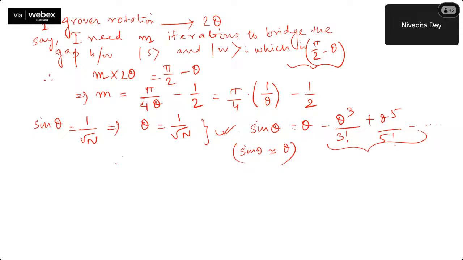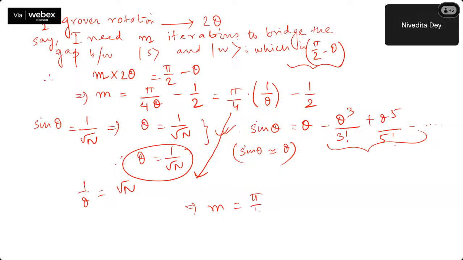So I can say directly that theta equals 1 by root n, which means 1 by theta equals root n. So your m equals pi by 4 into 1 by theta minus half now becomes pi by 4 times root n minus half,